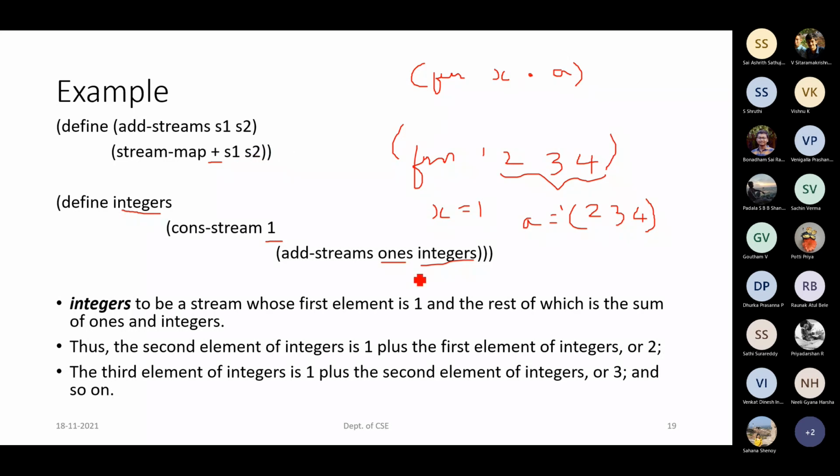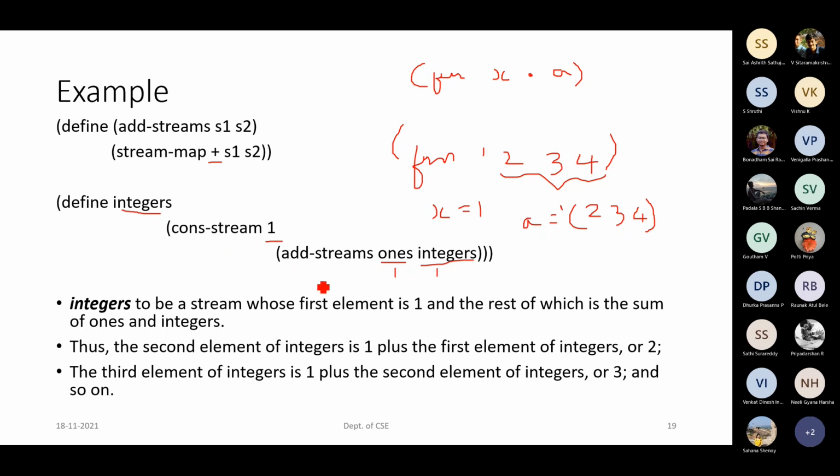So what are the two values which we are having, which will be ones and integers. So ones is going to have the value 1. Right now integers is having the value 1. So it will add these two, which will be 1 plus 1, 2. And this will be the one which it will be returning.